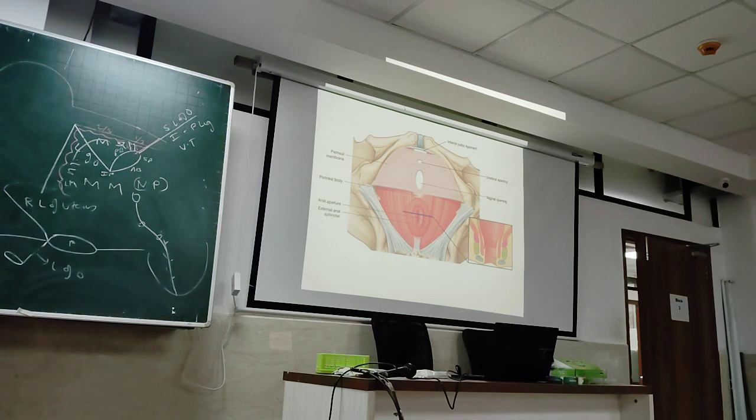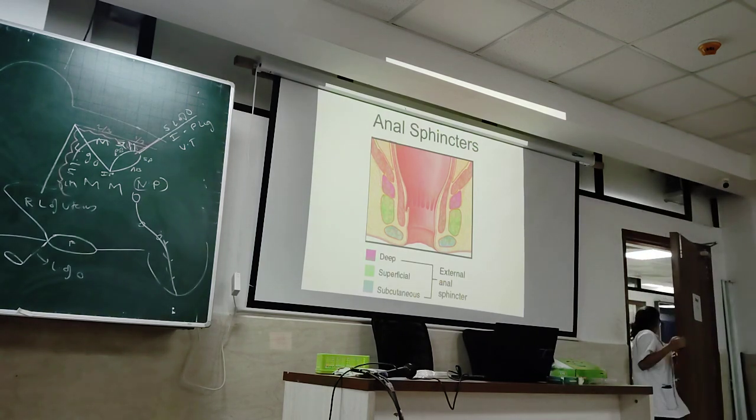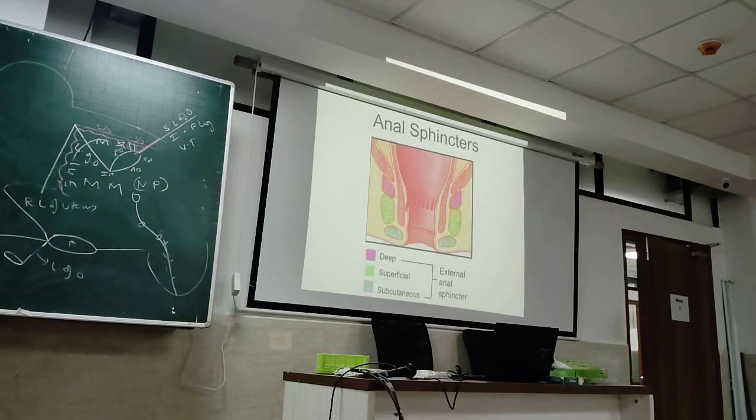Let's go into a little more detail about the medial wall of the ischio-rectal fossa. The medial wall is formed by the anal sphincters. External anal sphincter is striated muscle. Internal anal sphincter is smooth muscle. The striated muscle has been shown with three different colors. The colors are artificially made. Otherwise, muscles are all brown in color.